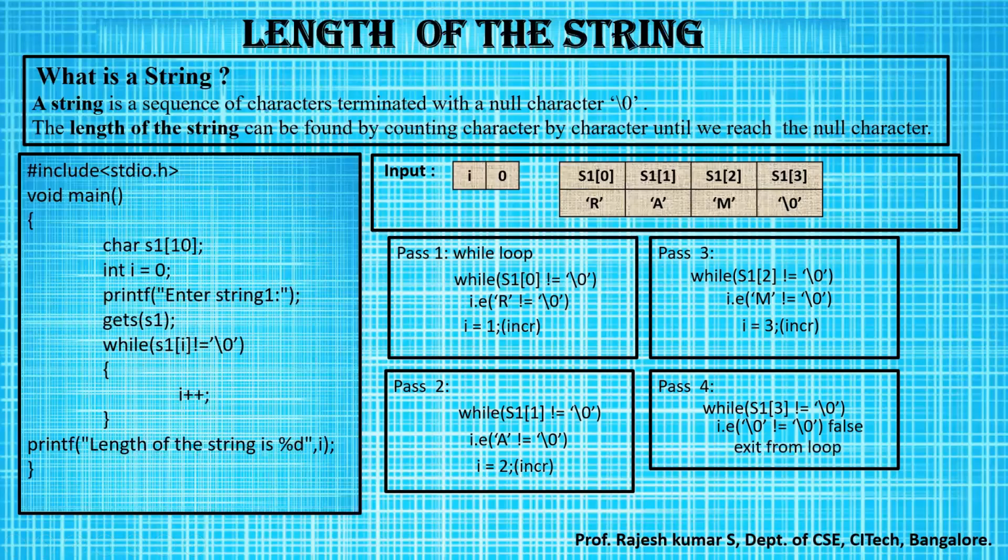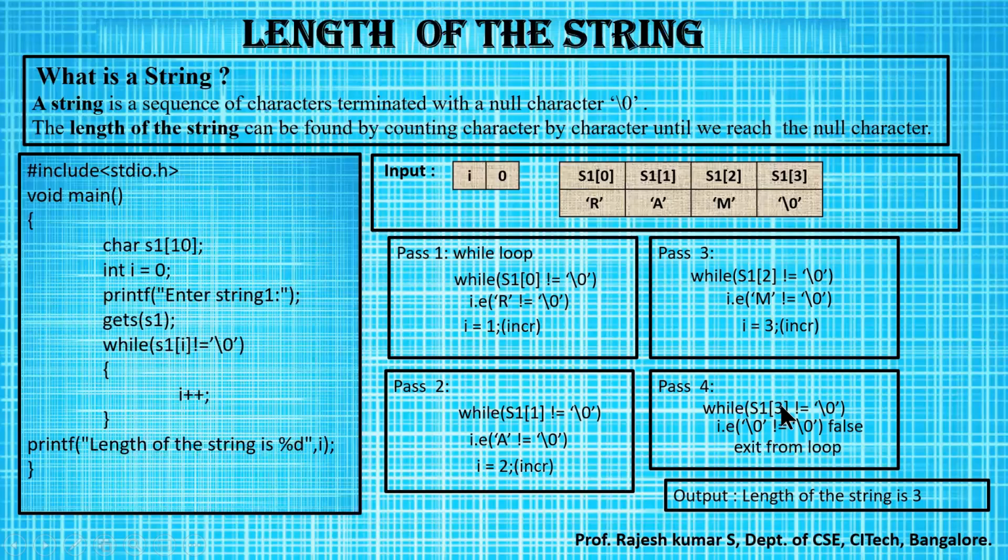When I come to this particular line, I'll be printing the length of the string. What I'm printing is the I value. The I value indicates here the length of the string. Normally, we are using this I variable. Each and every time we find an alphabet present, we'll increment the I value until we reach the null value. Once we reach the null value, we'll come out of the loop and print the I value, here the length of the string.